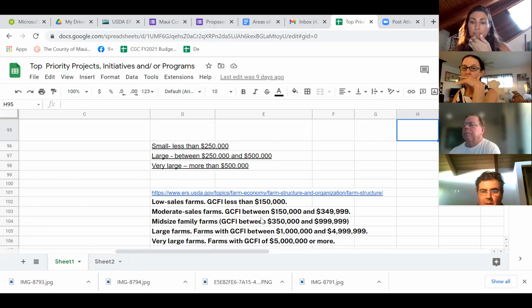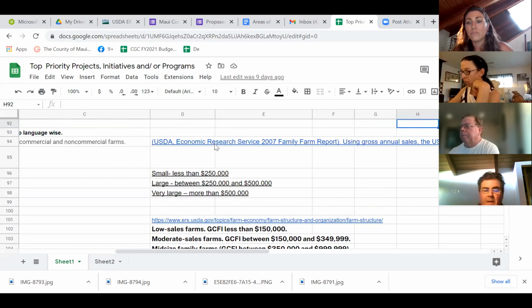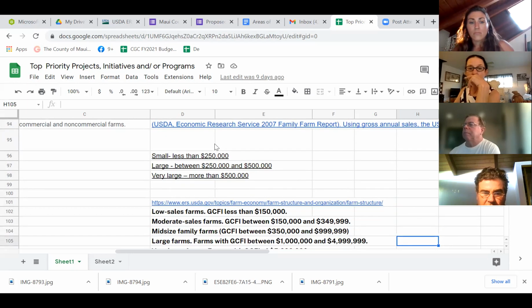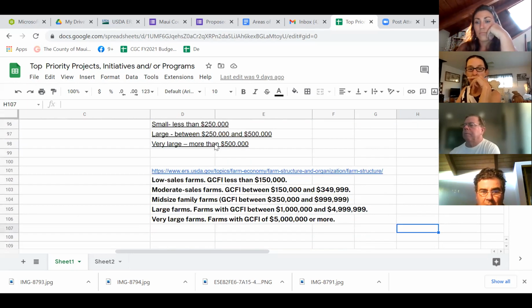So you took this out word for word? I didn't take it word for word. I just pulled their income brackets from those, but you can go to those links. That's where I grabbed them from. It's fine. The only suggestion I would have, for discussion: the one with the 5 things, low sales farms, less than 150,000. Everything's in between. If you want to put in between 1,000 and 150,000. Okay. You don't have to, but it kind of makes sense.